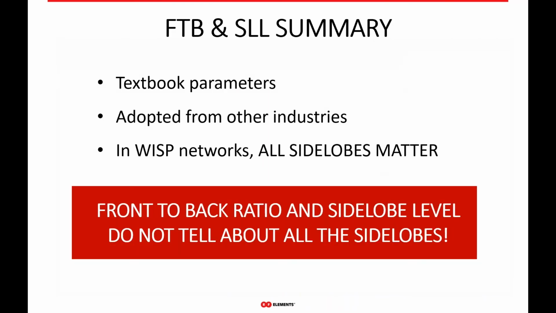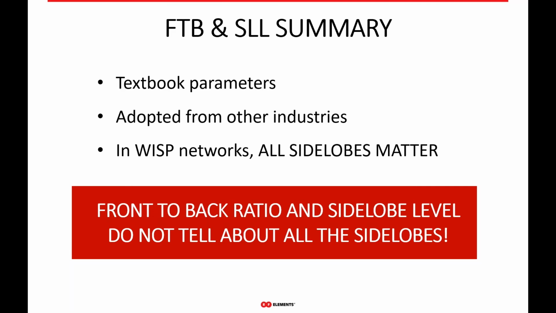So to sum it up, not all antenna parameters are practically useful for WISP networks. It simply depends on the context an antenna is used in. In the end, it is up to the user, and mainly the manufacturers, to responsibly look at each of these antenna parameters and evaluate whether it is useful in the framework of the WISP industry or not. So the conclusion for front to back ratio and side lobe levels clearly says that these two are